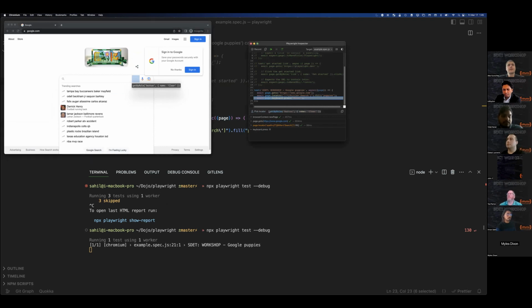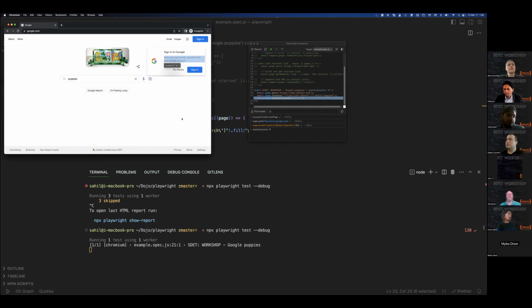So we should create another locator for the clear first. Now it thinks you want to clear. See, it gave you the locator for the clear button because you clicked on pick locator and then on the clear button. So the inspector suggested getByRole button clear. But can you please go to the browser and click somewhere outside of the search? And now you see the Google search button visible. So now you can go to the inspector, click pick locator and then click on this button.